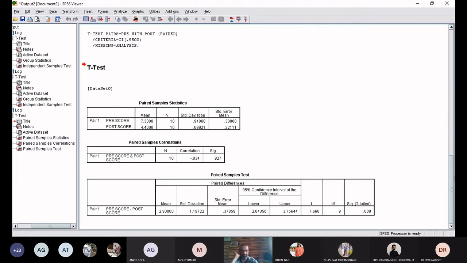Can you see the output? Yes, sir. Okay, now let's try to read the output. I will help you in reading the output. Just hold on. Could you see the t-test score? What is the t-test score? 7.660. Okay, yes, 7.660 is the t-test score, and degree of freedom is